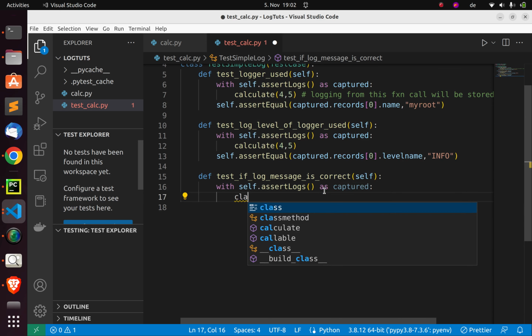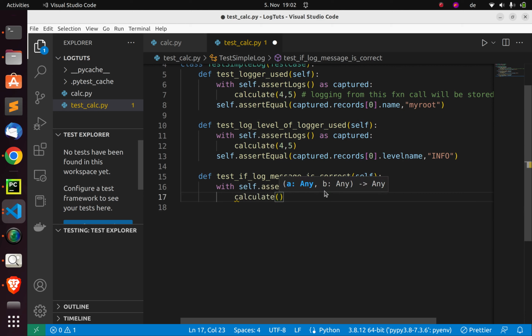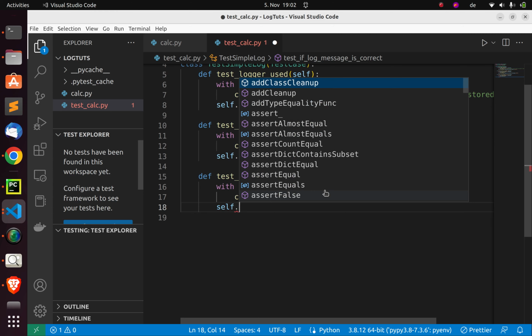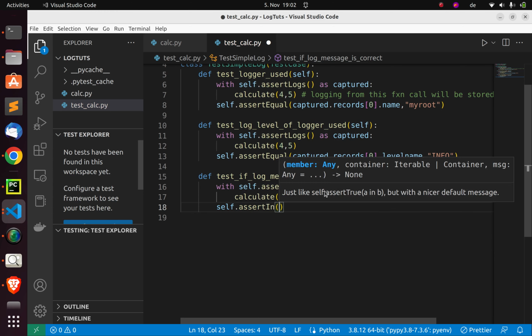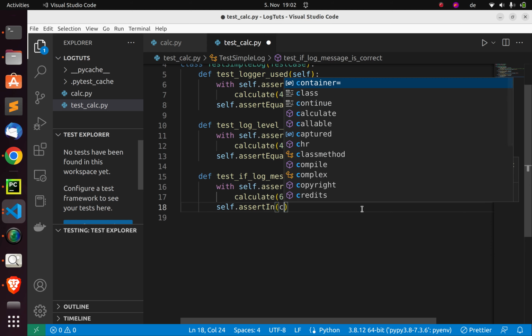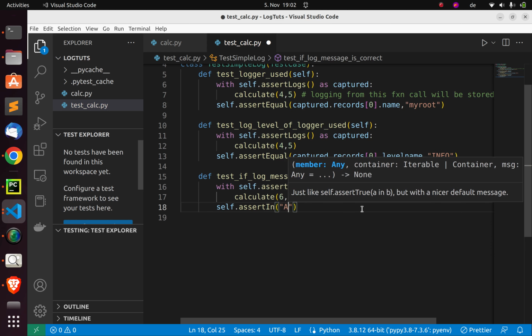Then I want to also do the same thing we did, calculate. So let's make it 6 and then 10. We want to know if an addition was made, right? So self.assertIn, right? This is the same like in pytest to assert contains, so it is assertIn. Then I want to see if this particular message, added, is found in my